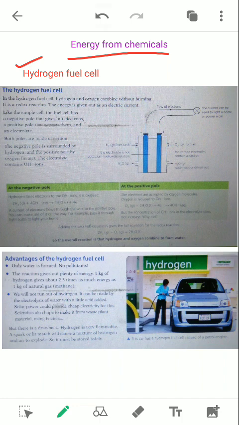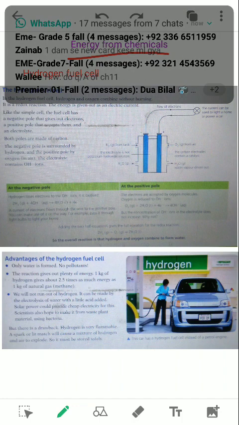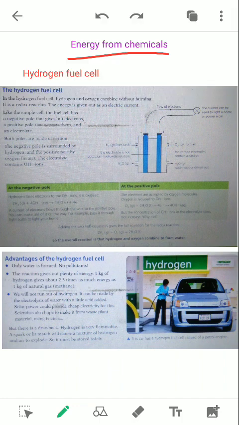So let's look at this. The hydrogen fuel cell. In a hydrogen fuel cell, hydrogen and oxygen combine without burning. It is a redox reaction. The energy is given out as an electric current. So here what happens is that hydrogen gas combines with oxygen to produce huge amounts of energy, and this